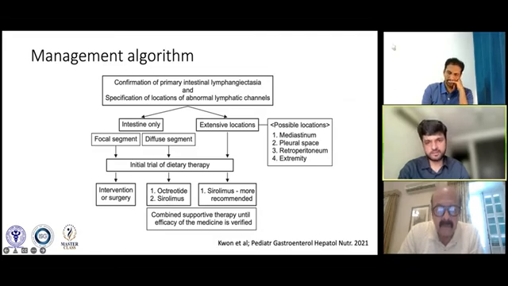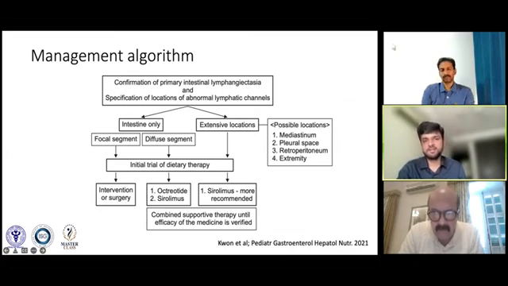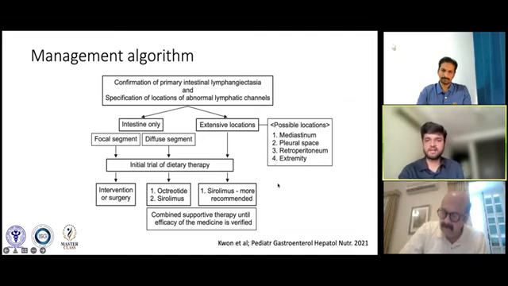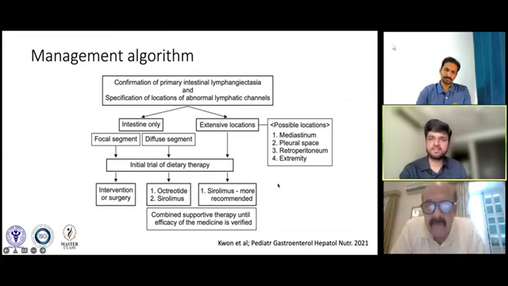Or if the disease is diffuse and intervention is not possible, we can try octreotide or sirolimus in these patients. And effectively, a lot of these patients may require intermittent nutritional support with multivitamins or fat soluble vitamins and essential fatty acids supplemented intravenously. If all this fails, for very complicated patients, some TPN parenteral nutrition support may also be required. For other extensive locations, including mediastinum, pleural space, retroperitoneum, or the extremities, again, dietary therapy may help, but interventional